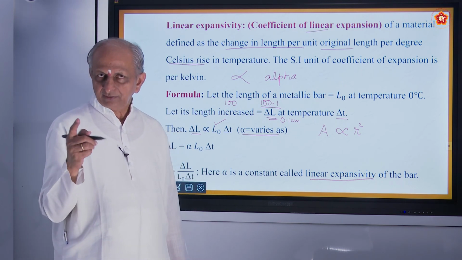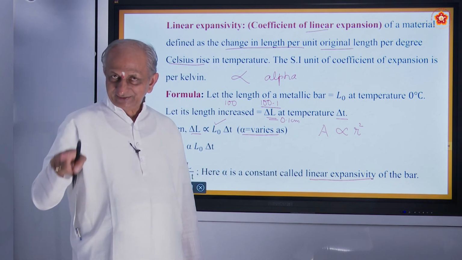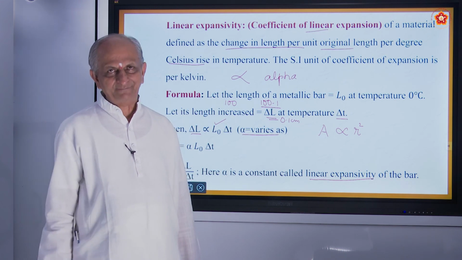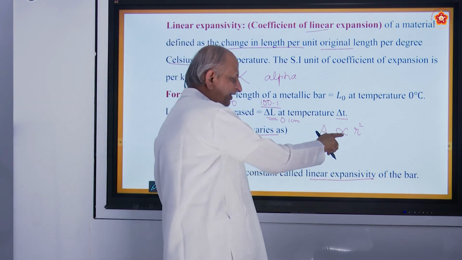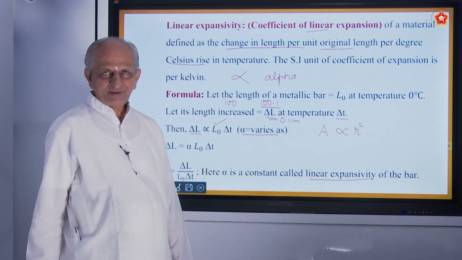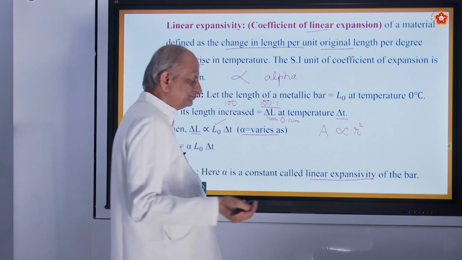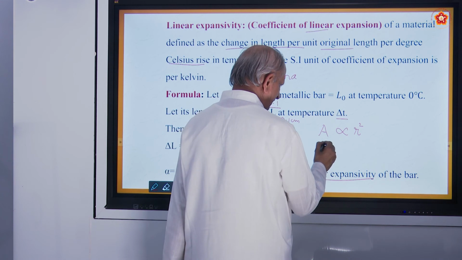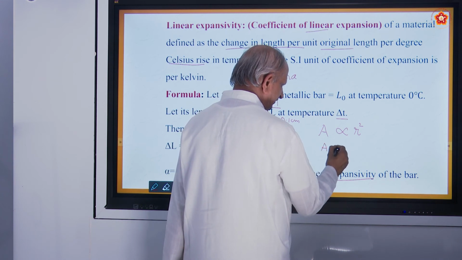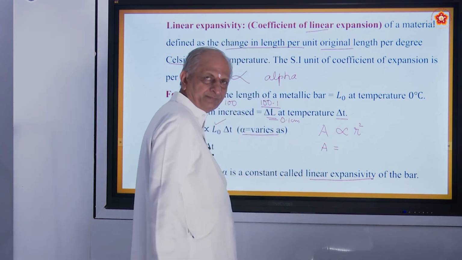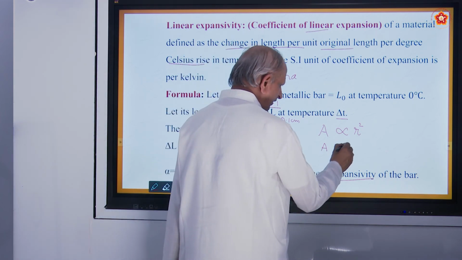Are you understanding? As the radius increases, area also increases. That is the meaning. That is, you use the symbol varies as. But how to calculate? For calculation purpose, we change the symbol here, varies as, to is equal to, right? And then you use the symbol,